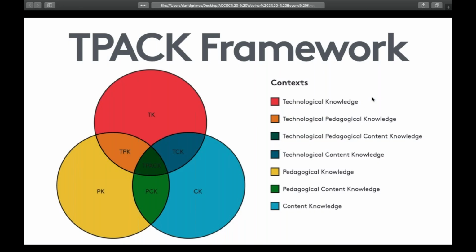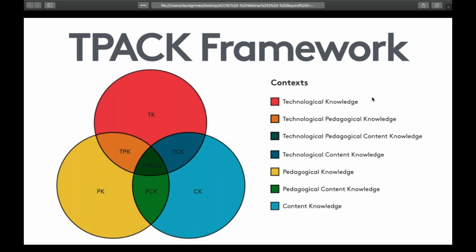And I've shared this before in one webinar. So if you've seen this, you probably already know what it is. But if not, this framework has been around some time. I think it came out after I graduated at Ohio State, 2006 probably. So it's been around the block for a while. It initially came out as a tool to help people integrate technology into the classroom, because technology integration was picking up steam back then. But since it's been in the wild for so long, it's kind of morphed into a couple of different things.